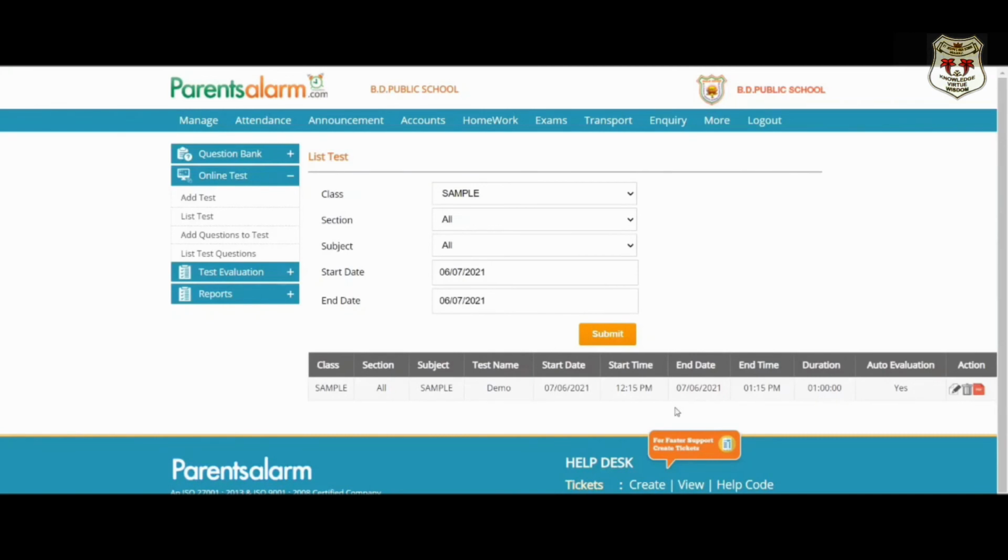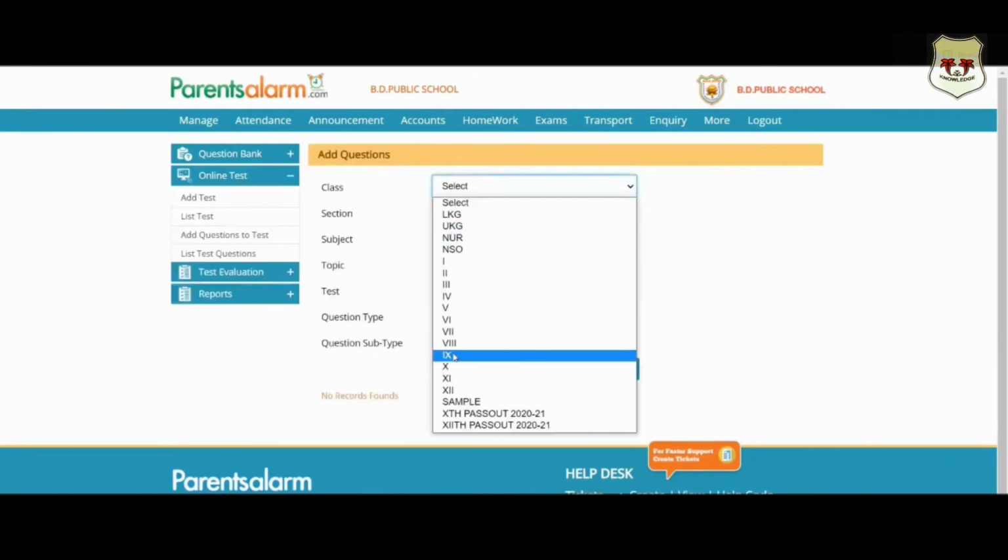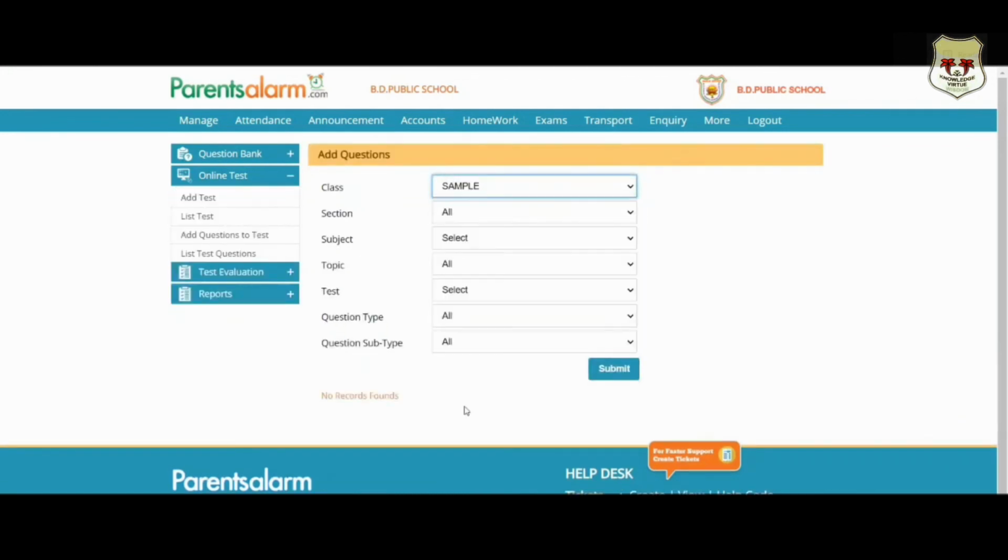So let's go to add questions to test. Again, all the questions which I have inserted earlier. I will click on my class, section, subject, topic, test, for which test, then what type of question, I'll keep it all, and then submit.